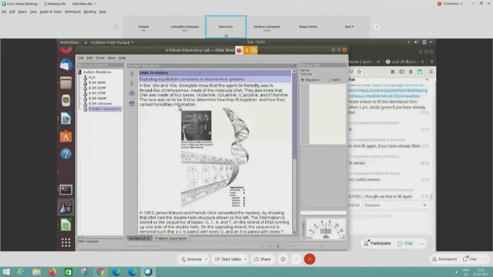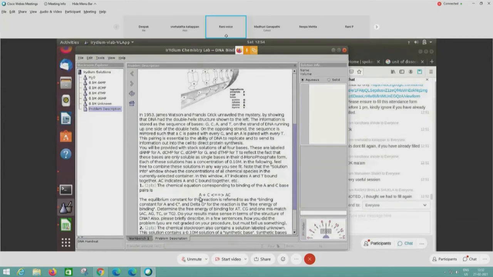Click on it. We all know that DNA has 4 bases. It has a phosphate backbone. It has purine and pyrimidine bases. AT forms a base pair. GC forms a base pair. The picture that you see in the problem description is that of a classic DNA with the base pairs shown here. And sometimes instead of A and T, A and C, A and G can also form base pairs. And it is very often the case in real biology.